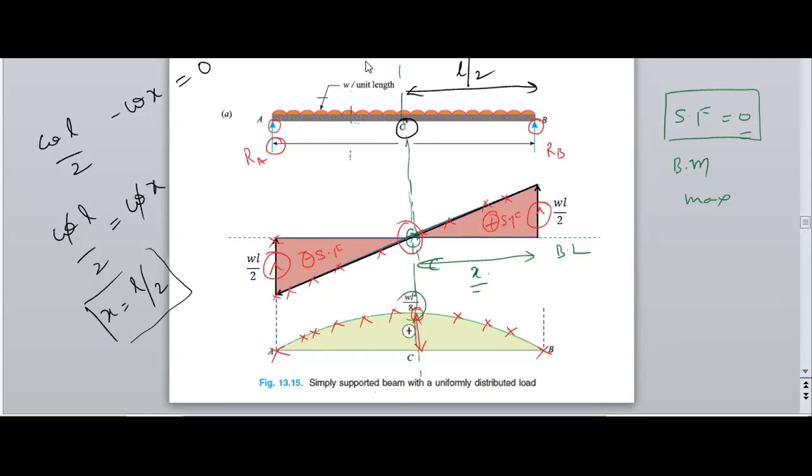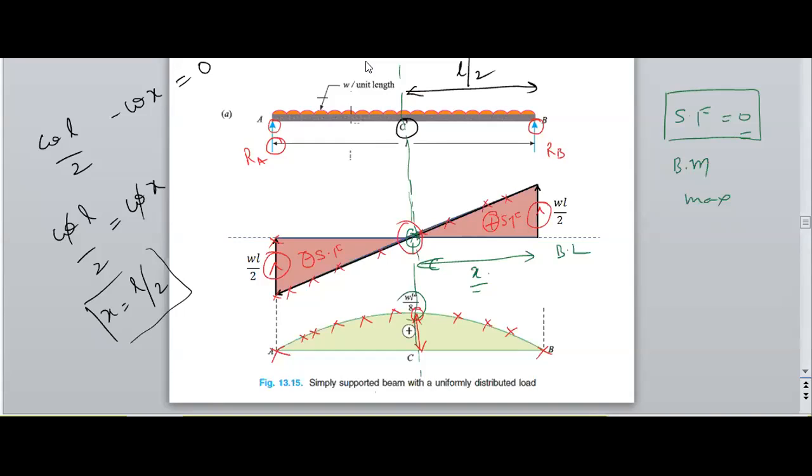So we are drawing the shear force diagram and bending moment diagram for the simply supported beam having a UDL, a uniformly distributed load, over the entire